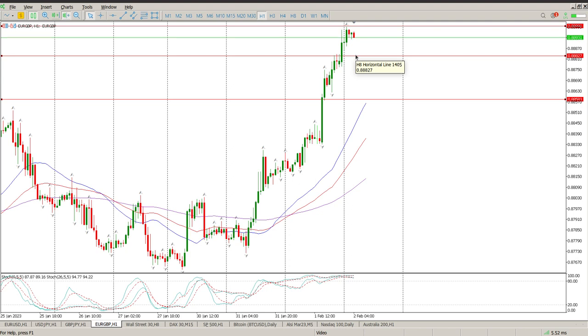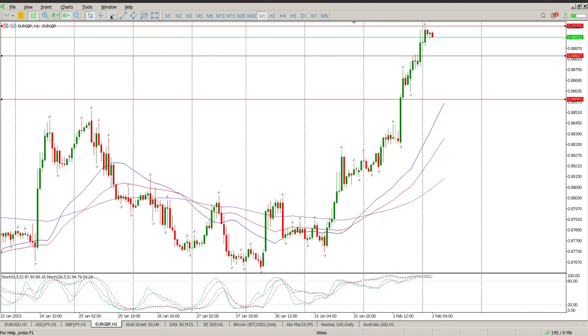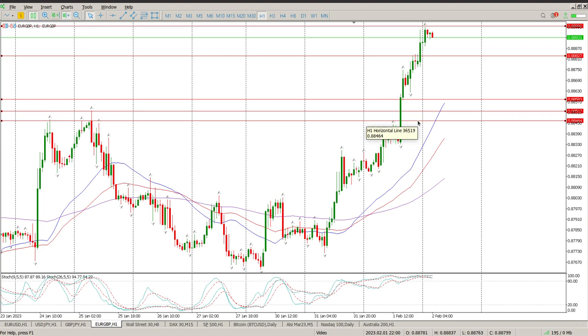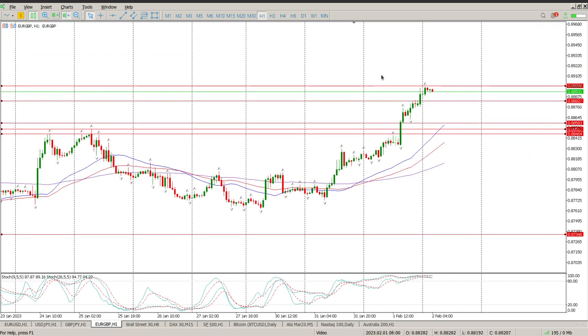So that 0.88827, I prefer coming back down to 0.88583. That would kind of be this flag's target as well. So that's kind of my view. And then just below it is a cluster of potential support as well, so I would pay attention to this area, which is 0.88464 and 0.88517. Trend is up at the moment on the hour, so you're looking for some kind of pullback on structure before looking for another attempt at